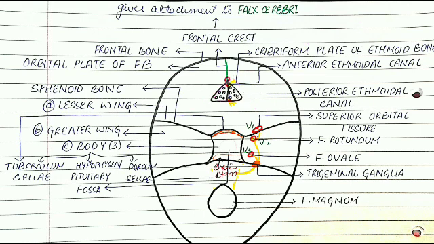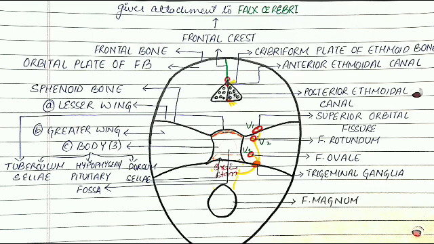I have already told you in the previous slide that the cribriform plate appears sieve like. Why? Because there are tiny holes present on this plate so that the ethmoidal nerves can pass through these holes. Not just ethmoidal nerves, the olfactory nerves also pass through these holes. You can see the anterior ethmoidal canal and posterior ethmoidal canal. The contents passing through these canals are the anterior ethmoidal nerves and vessels, and in the posterior, the posterior ethmoidal nerves and vessels.